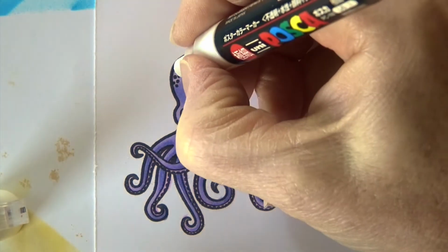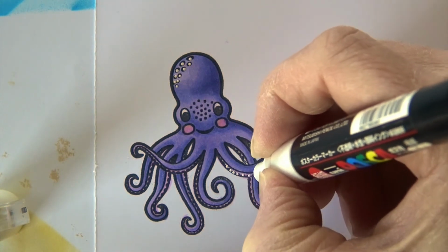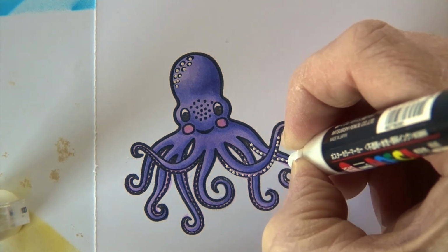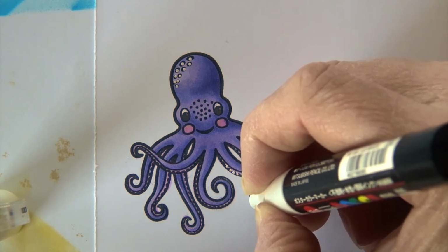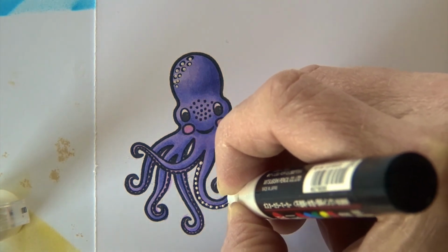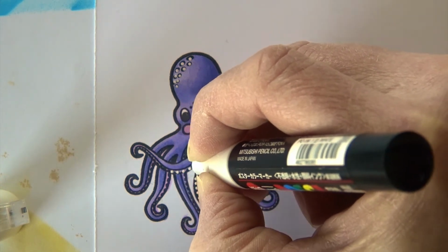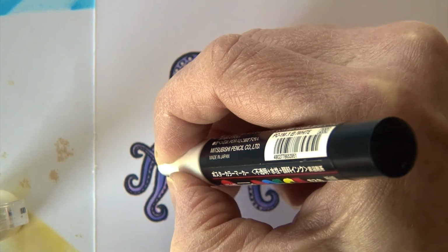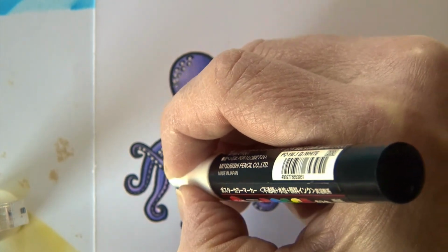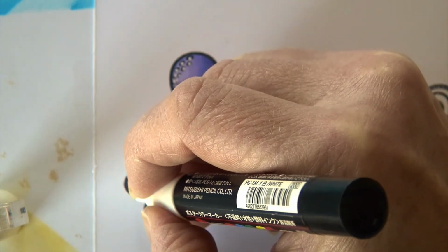And I really like the way he looks, but then I felt like he was really getting flattened by all that color a little bit. So I came back in with an opaque white. This is by Uni Pasca, and this is my new favorite opaque white. And I'm coming back in and literally dotting. Now I'm not trying to hit specific spots on his legs, because I could slow way down and hit either the black or the in-between from the stamp design. But I'm going in and adding, and I have slowed down quite a bit just to hit those long, thin lines. But I'm adding these little white dots, and I really feel like that adds a huge amount to this